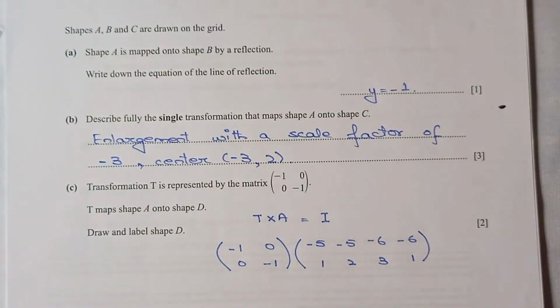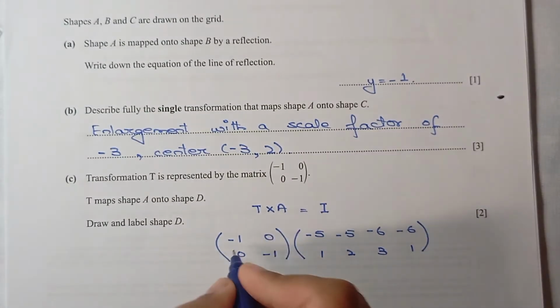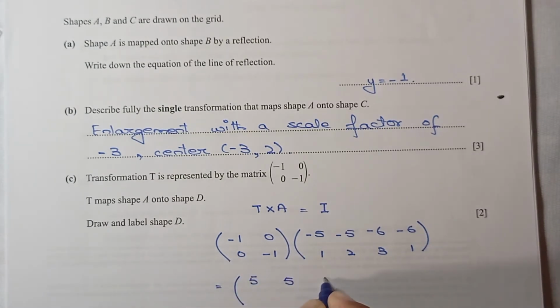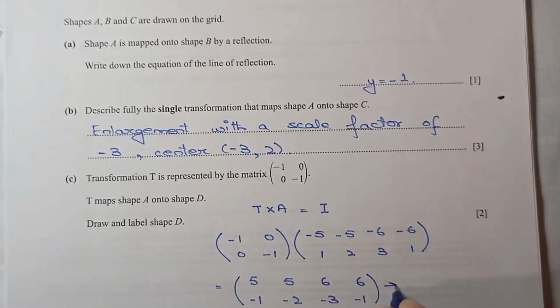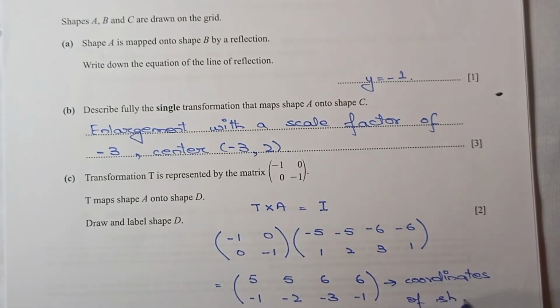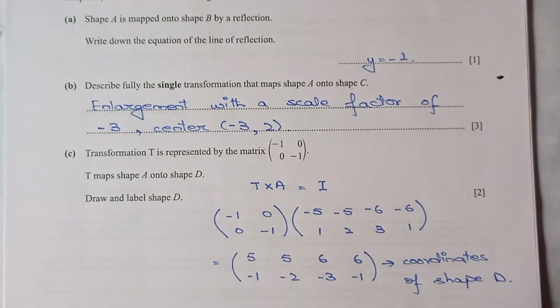Let me multiply the two matrices to get the image. So rows are going to multiply with the column. -1 times -5 would be 5, and 5 and 6 and 6, and then -1, -2, -3 and -1. So this is the image, and these are the coordinates of shape D, right? Let me plot these coordinates on the grid: 5, -1, 5, -2, 6, -3